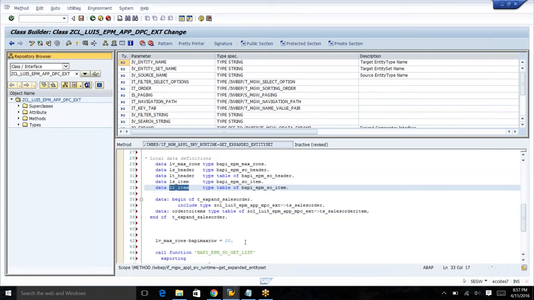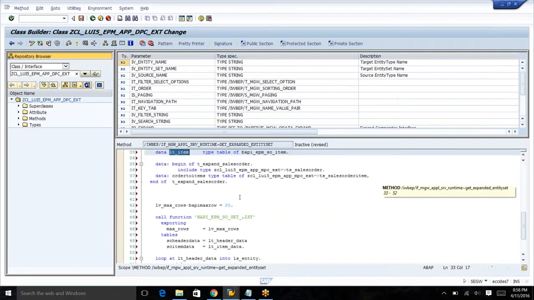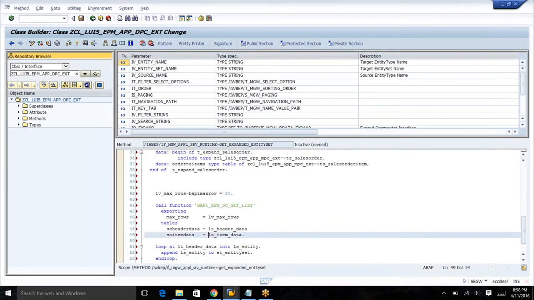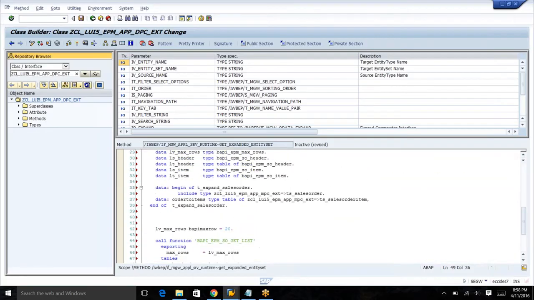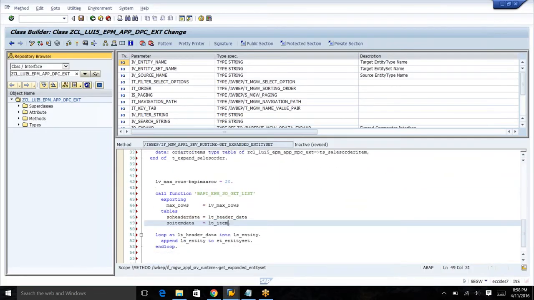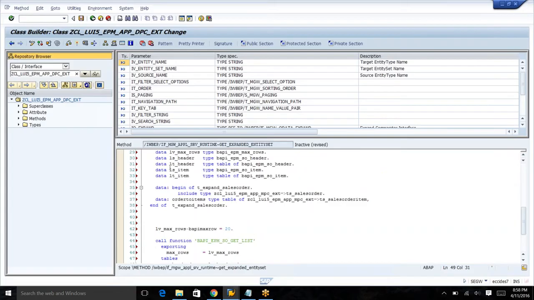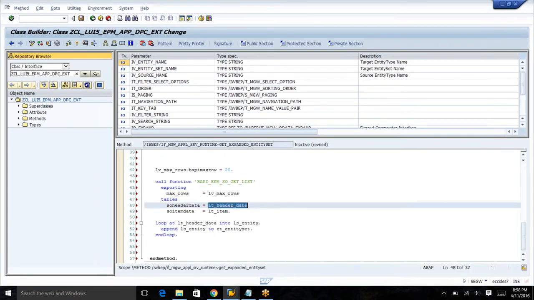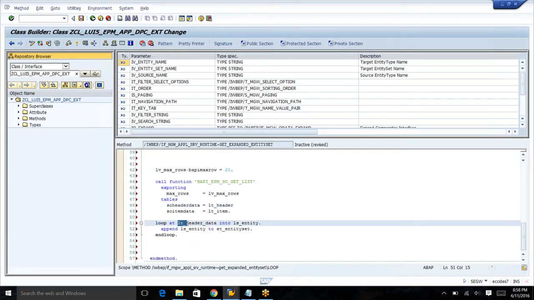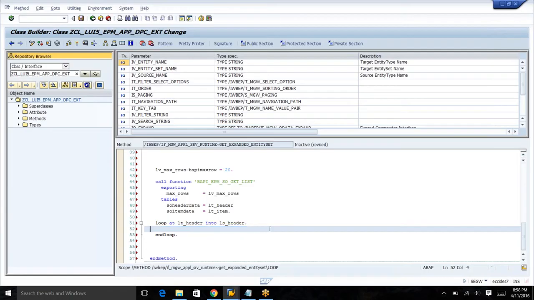So once I get the data, lt header, I'm going to loop at this header into ls header. What I will do is